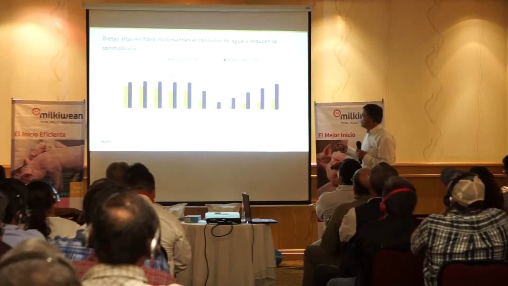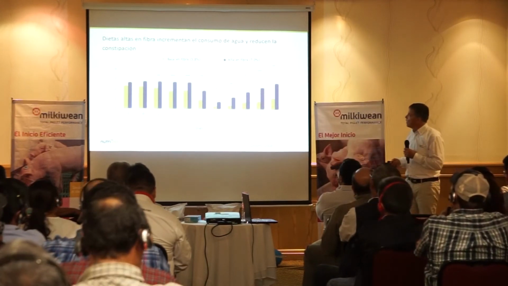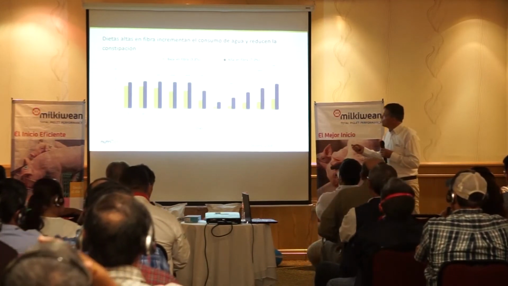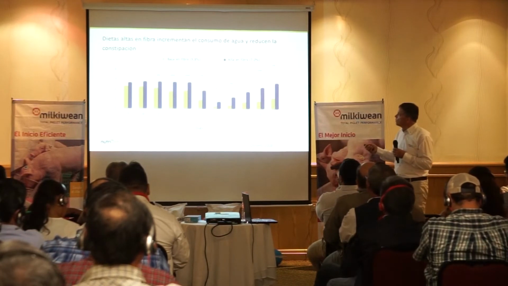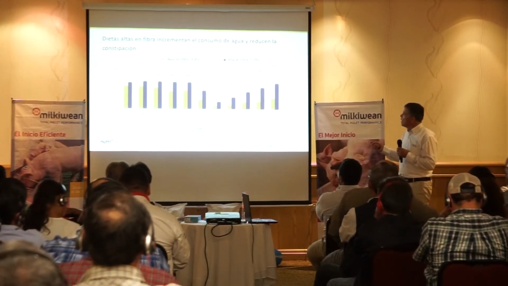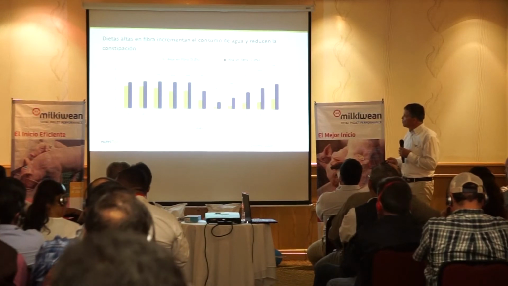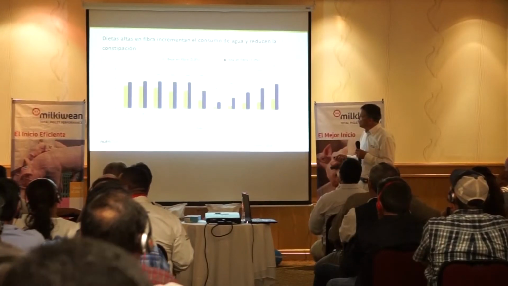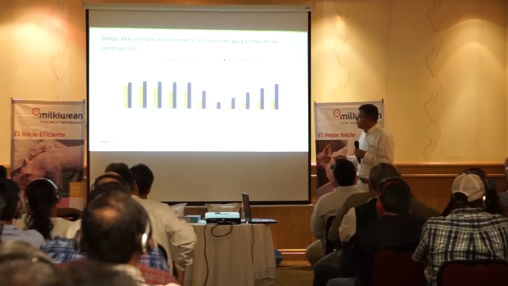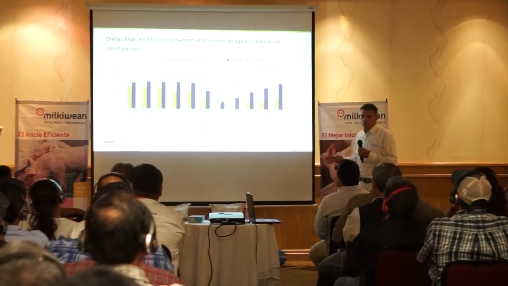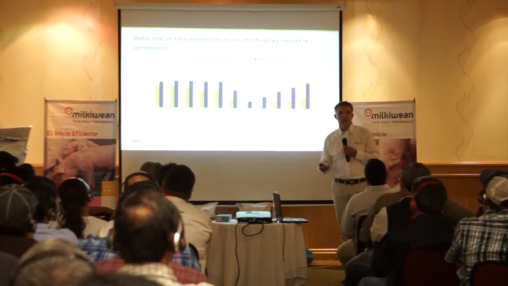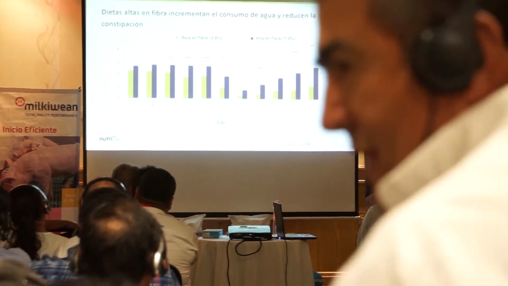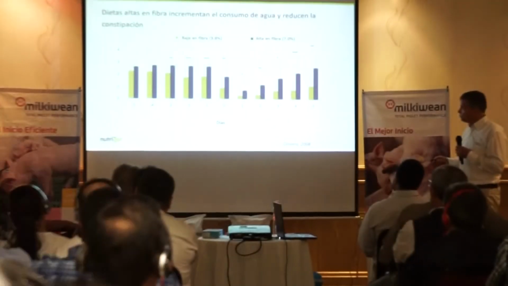Another study where they have looked at the effect of fiber on the level of constipation. In this study they had two diets, one with 3.8% fiber and one with 7% fiber, so the high fiber diet. And they scored the feces, or the level of constipation, between 0 and 4. When we had a score of 0, there was, let's say, a high incidence of constipation. And when there was a score of 4, then there was no constipation.